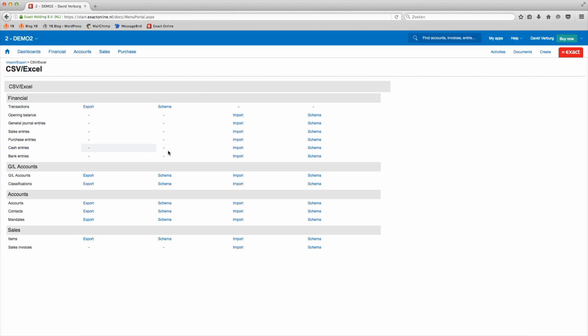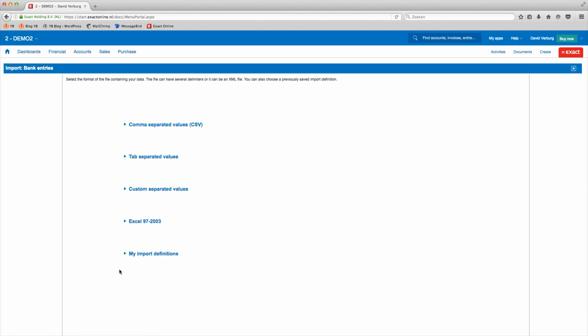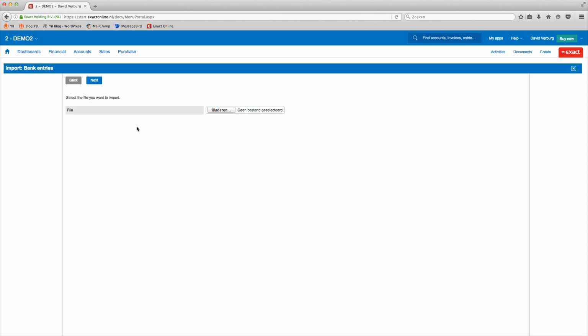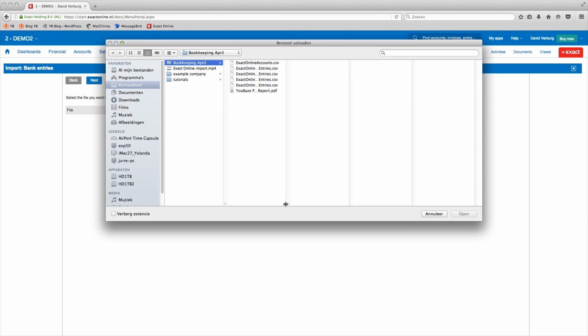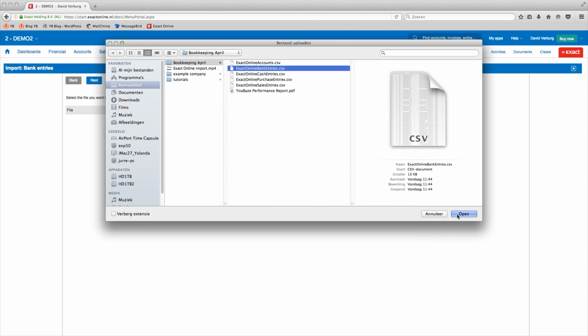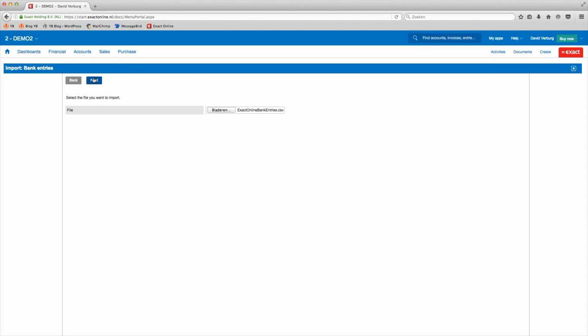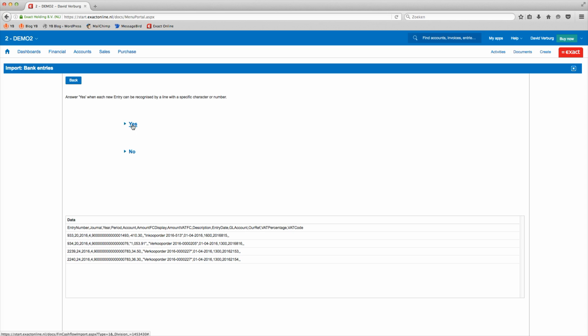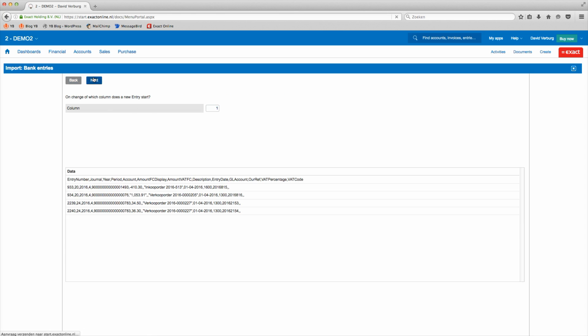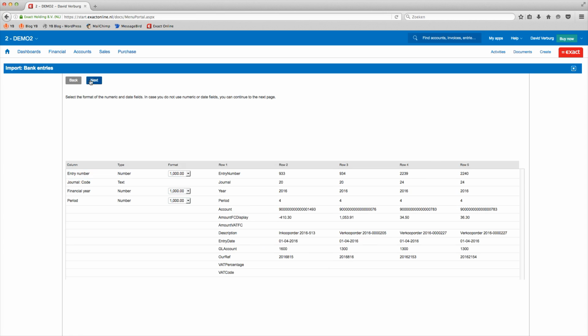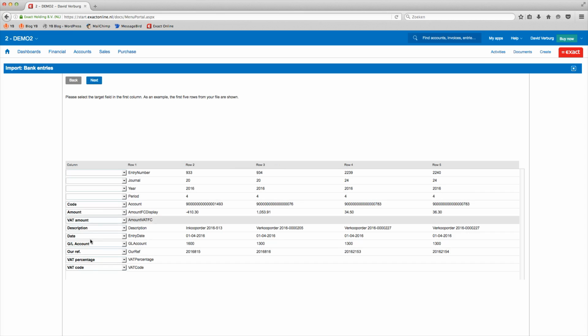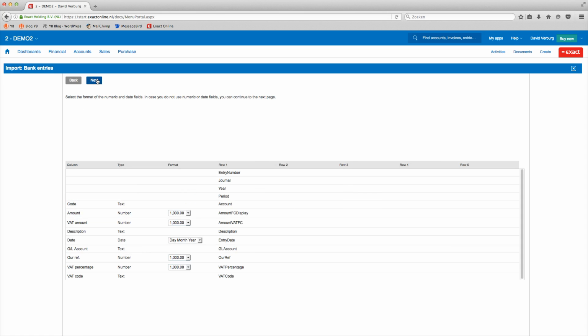Okay, next one, bank books and cash books, bank entries and cash entries. Go to comma separated values, find the file for bank entries, and in the next step we will change it a bit. Click on no, by changing value. That one on 1, and you will see you don't have to match again because we already matched the data, so that's a bit easier. Click on next,